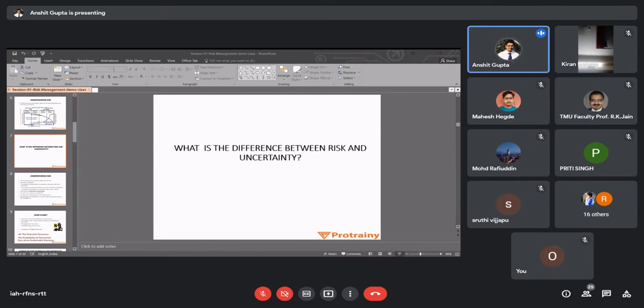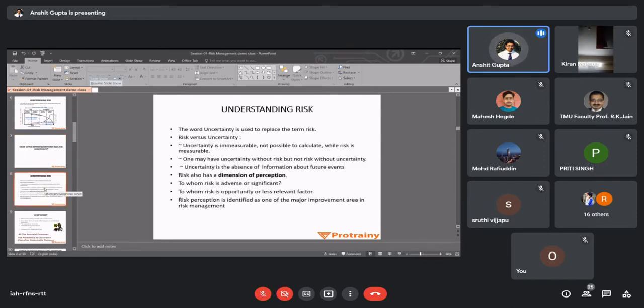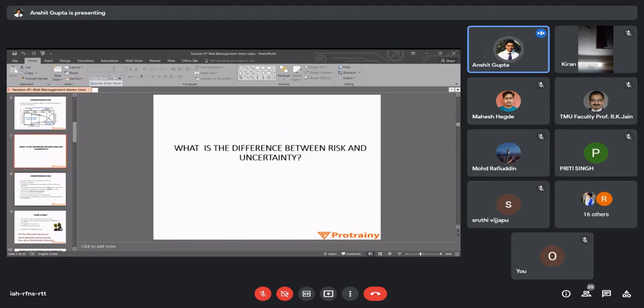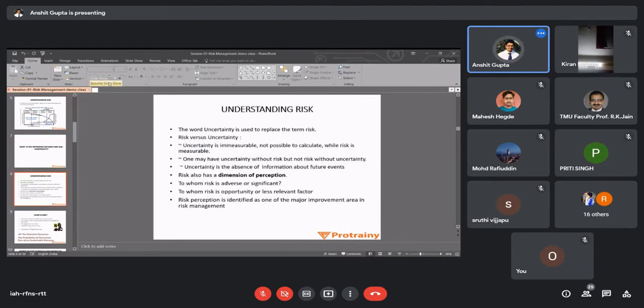For example, recently I took this example, I'll take that example again. For example, COVID. There was a first wave, there was a lockdown for 3 months. Now there was a second wave, there was another lockdown for 2 months. But the perception of COVID is still different for everyone. Some people are actually taking COVID seriously. They are wearing masks. They are considering all the effects of COVID. But some people are still not taking COVID that seriously.